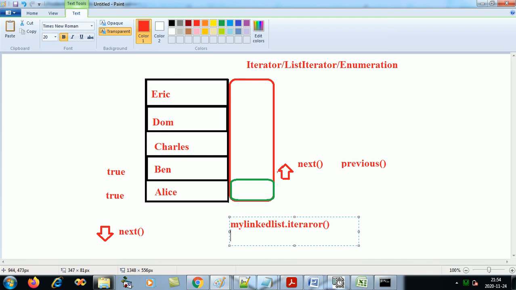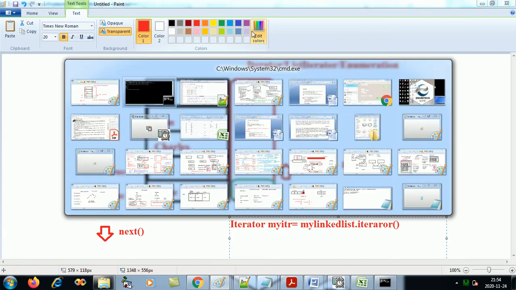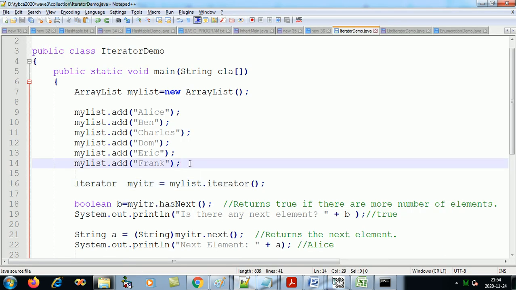If it is an ArrayList, you can use the myList object dot iterator, and towards the left-hand side will be the object of the Iterator interface, so Iterator myItr, like this. This is how we initialize the iterator. Now we have joined this myItr to this collection myList.